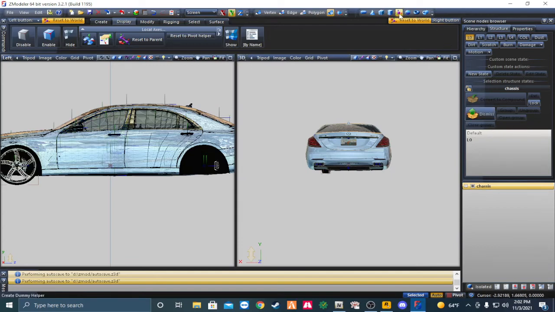We're gonna come up here and drop a dummy. After we drop this dummy, now we're gonna rename the vehicle. This is S550. Name it S550. Come up here, grab that, and drop it in S550. Come up here,